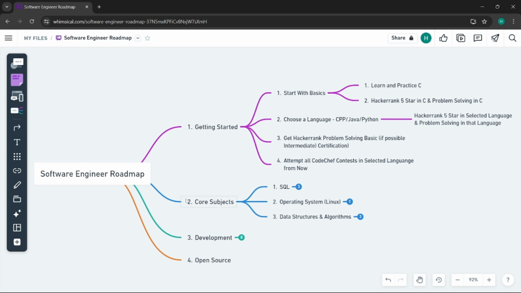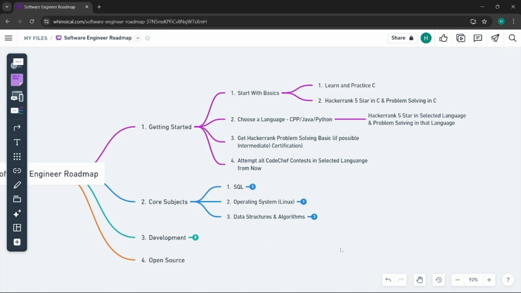Then moving to the next one, we start with the core subjects. Core subjects are very important, and there are some pretty important ones like SQL, operating systems, data structures and algorithms. There are some others as well, networking and all that stuff, but you will be able to complete those in your college time as well. If you choose to, you can definitely complete a certain playlist in those core subjects, which are networking and all those. But these three are primary and very important. Okay, first one being SQL.